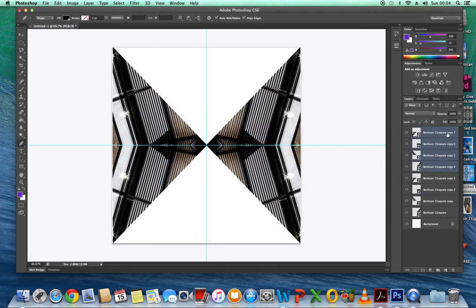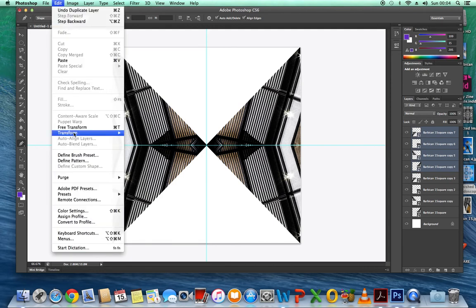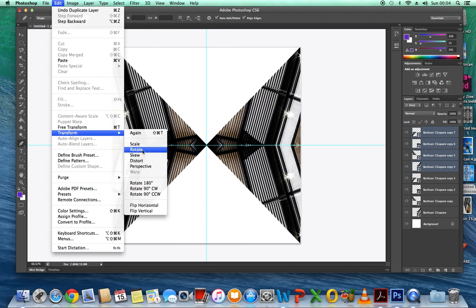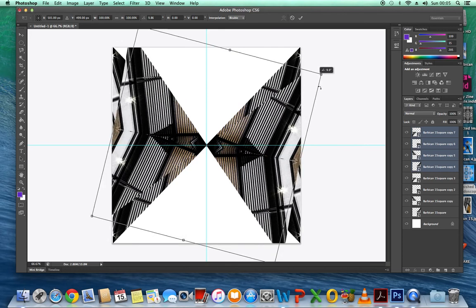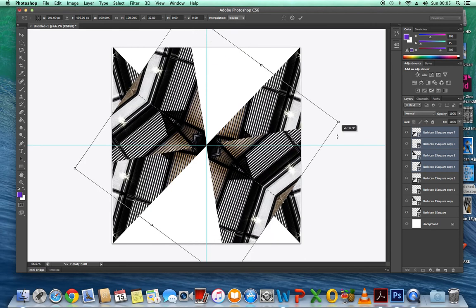Now, making sure that the top 4 layers are selected, you need to rotate the image. So we're going to go to Edit, Transform, Rotate, and this time you need to rotate the image by moving the handles on the side,